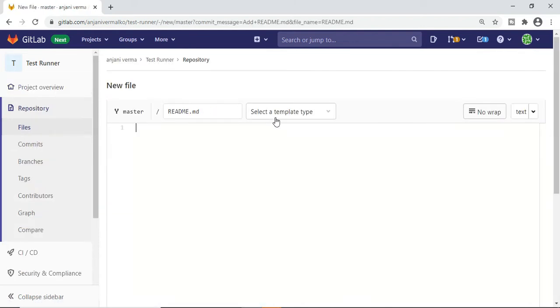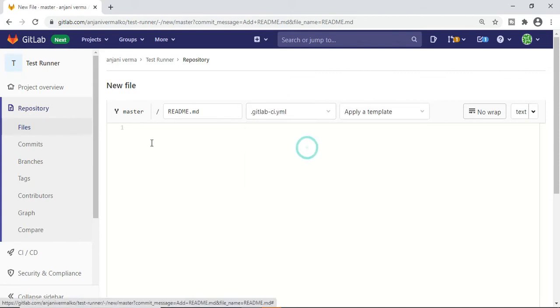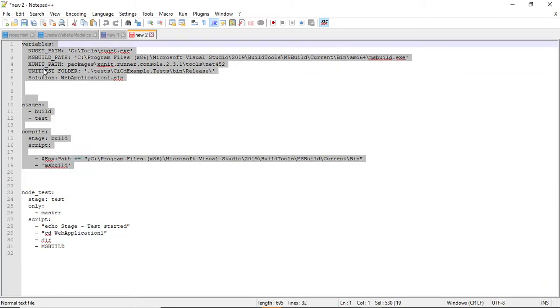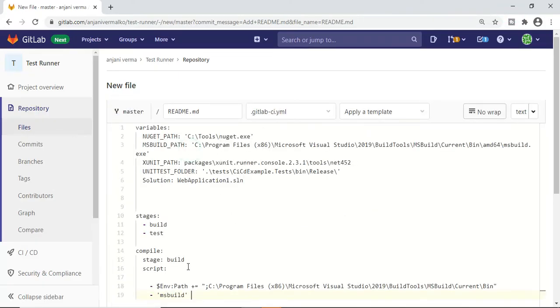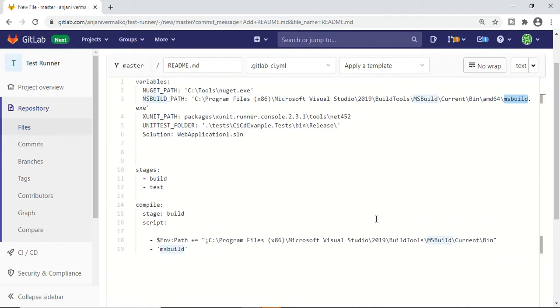It will open a page where you can select your template, and over here you need to copy and paste the syntax. I am working on the .NET framework, so my syntax is this. According to the language, your syntax will differ. For example, for the .NET framework you need MS Build for building and compiling the projects. I've already installed MS Build in my project.